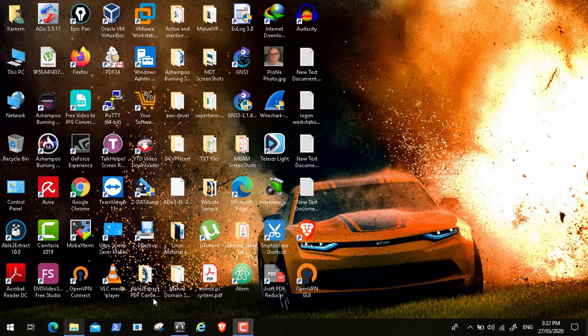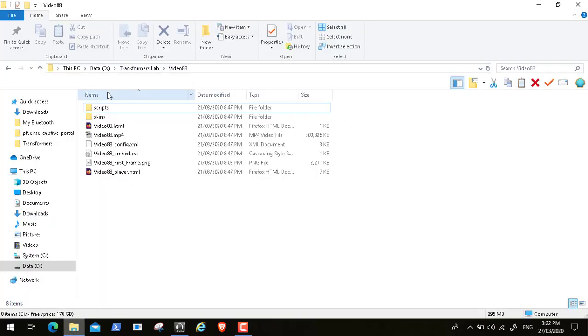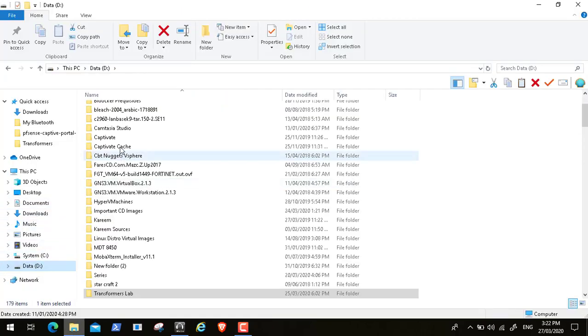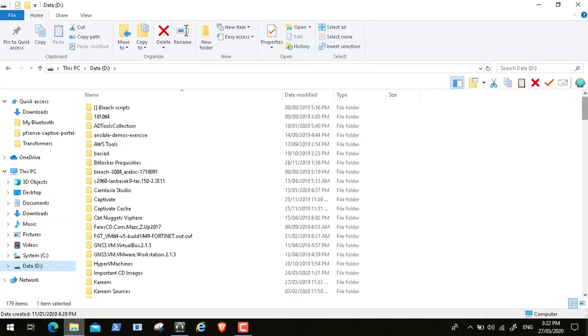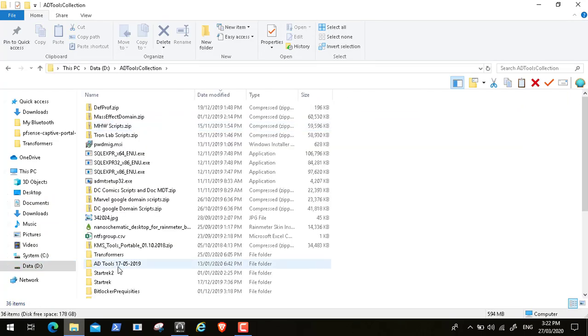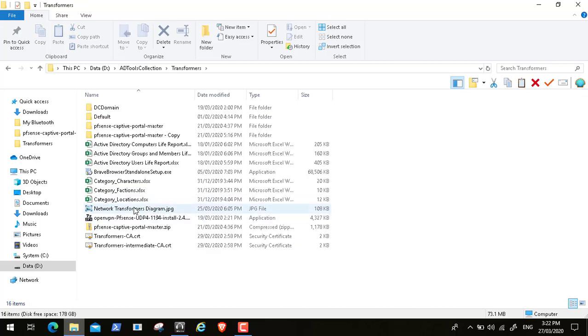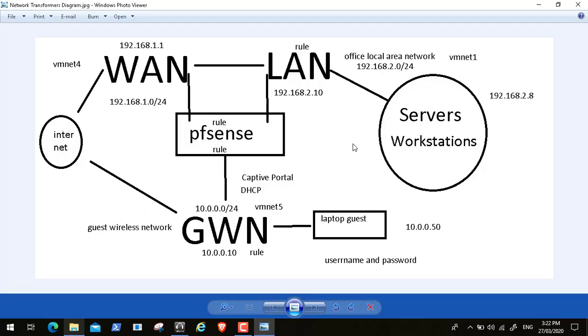So to have a brief on what we did in the last video, I will show you a little bit of a diagram to discuss what we have done in the previous video. Here we can see a brief of our network diagram. Here is the pfSense firewall. It contains two network cards. The first card is for the WAN interface, which is wide area network. This is the interface that is connected to the internet. This is provided by our ISP. The IP of this interface is